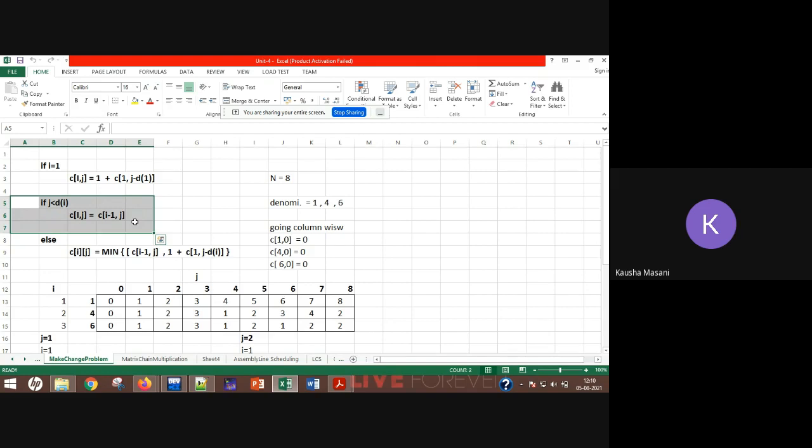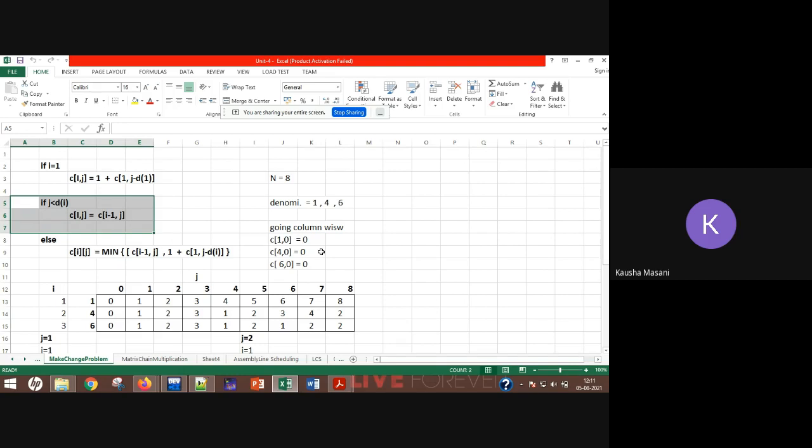All right, and you have to divide your capital W, that means your total cost. Here the total cost was 8. So n is equal to 8 is written. So that is the total cost. So we are dividing that 8 into 8 subproblems. Okay, so 1, 2, 3, 4, 5, 6, 7, 8. Fine. And what we are doing, the first column, the 0th column that we are addressing, we are taking it as 0, 0, 0. Fine. And then we are doing the computation.